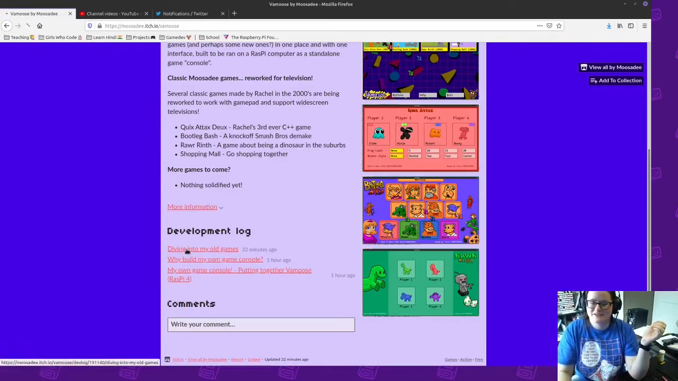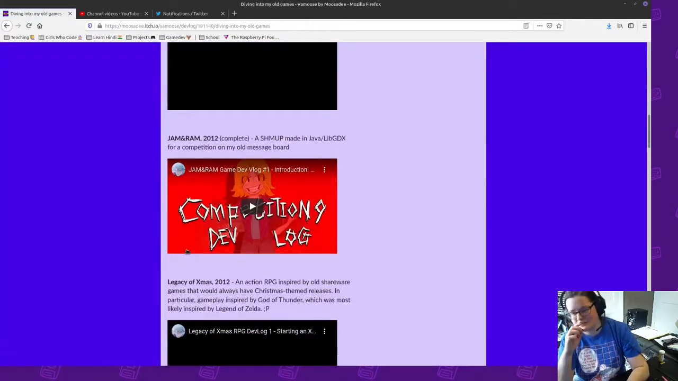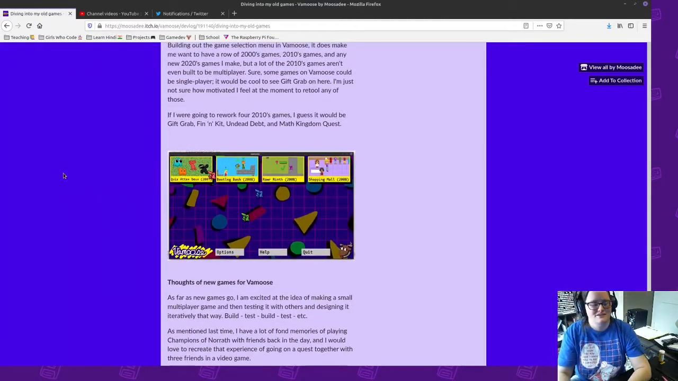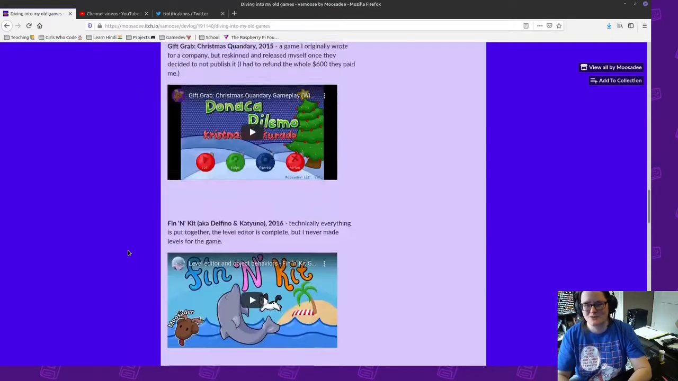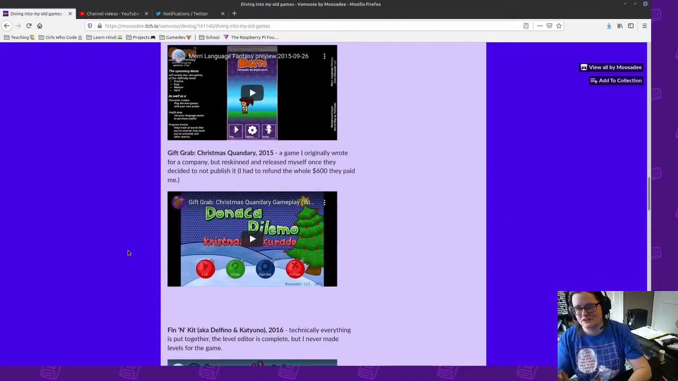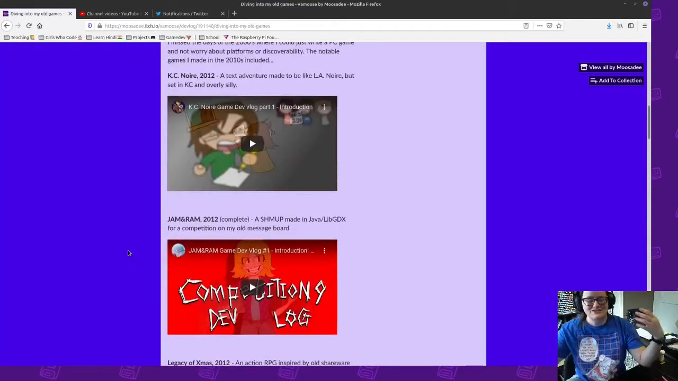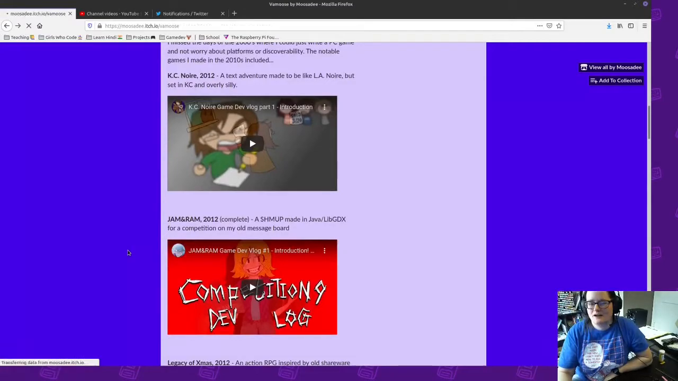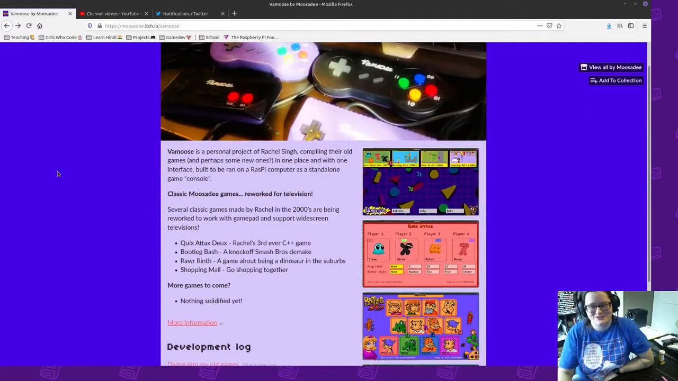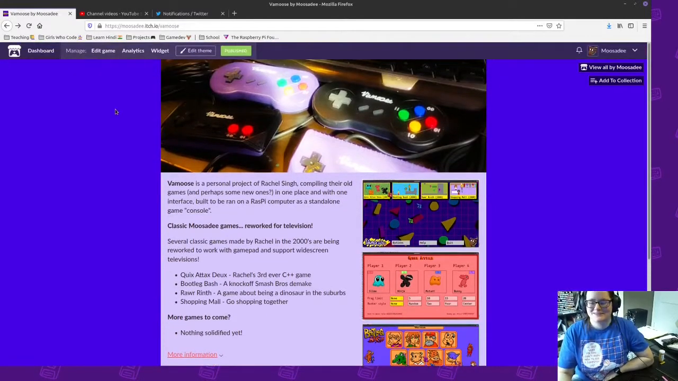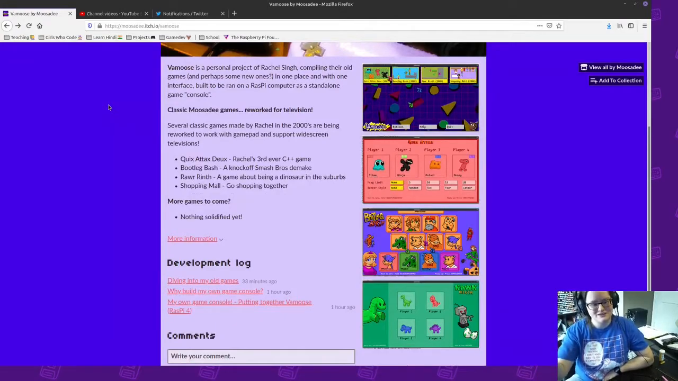But otherwise, I was thinking about what other games I would want to have in here. Some of my 2010s games have problems with changing over to work with Vamoose, so maybe I'm going to work on the 2000s games first, because those are going to be the easiest ones to move over, since it's just C++ and Allegro. And as for 2020s games, what kind of new thing am I going to make? I don't know yet. So right now my focus is just on getting these old games working for Vamoose